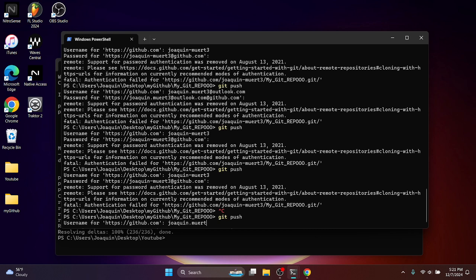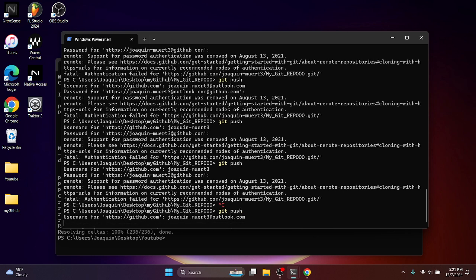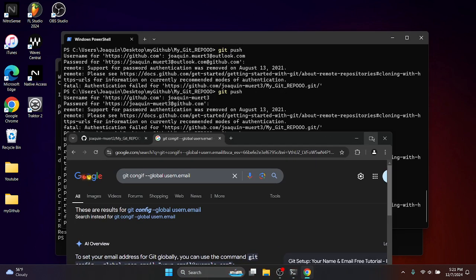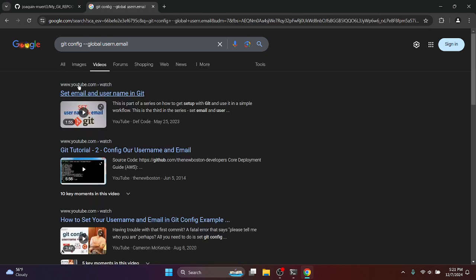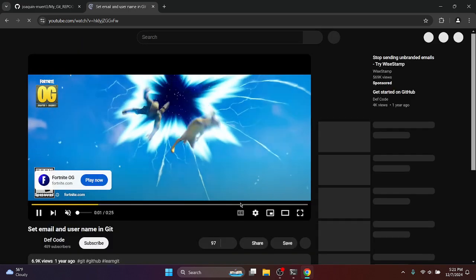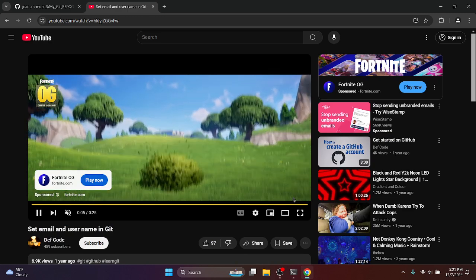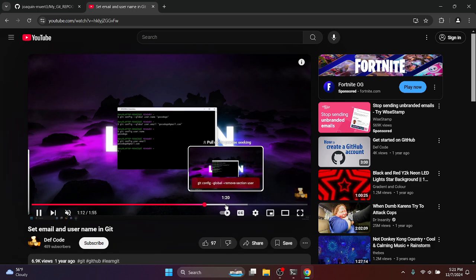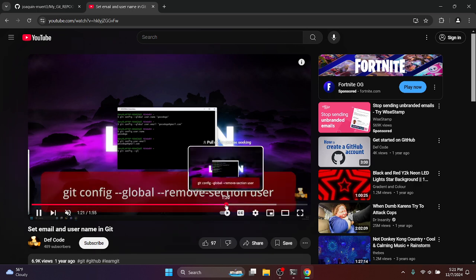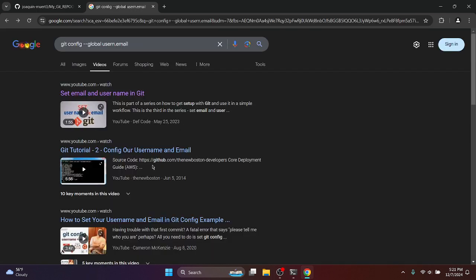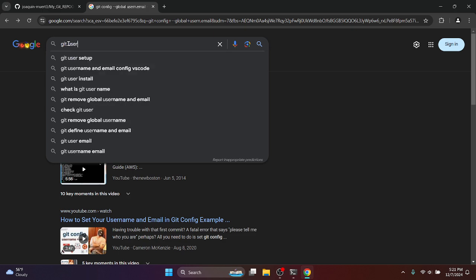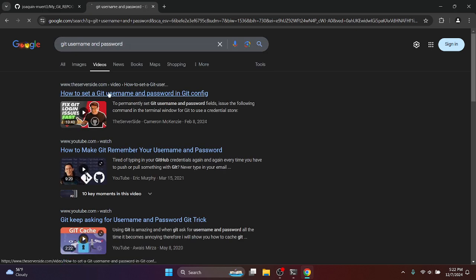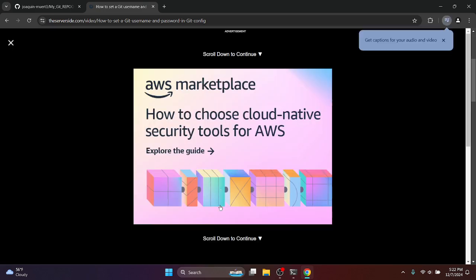Let's add our email. Let's add our newly changed password. So you want to save your username and password inside Git so that when